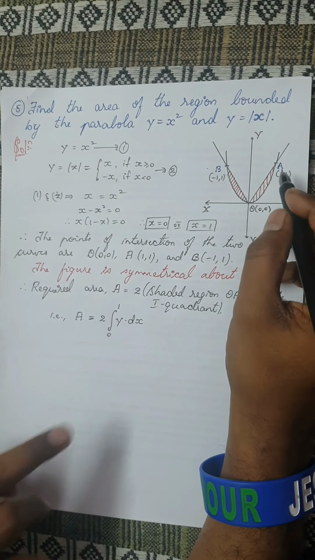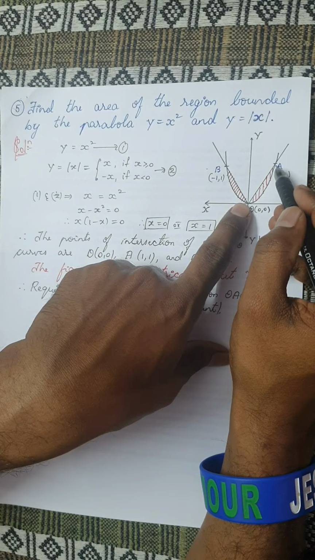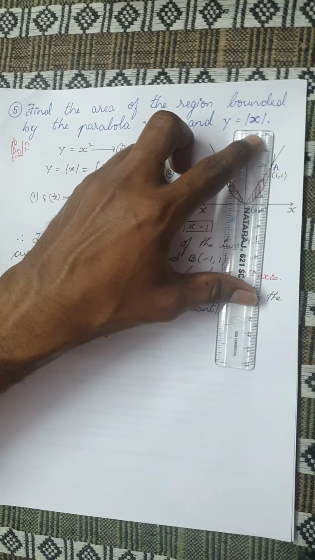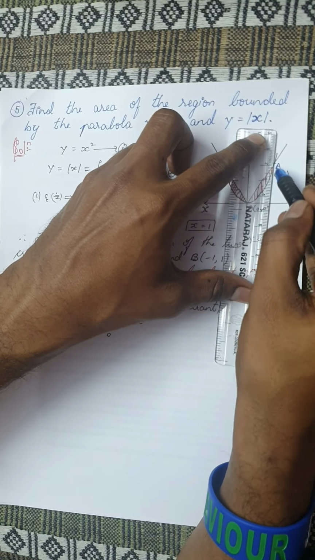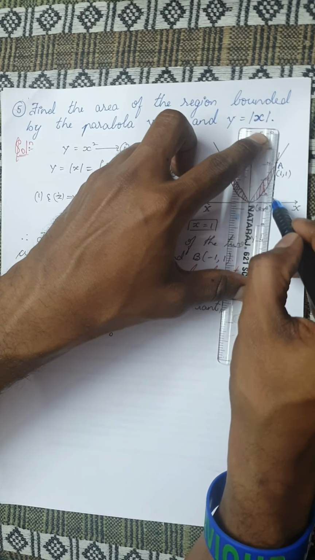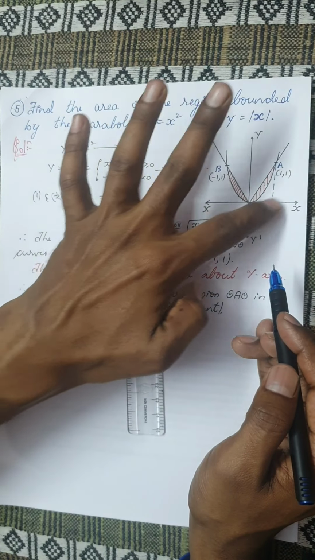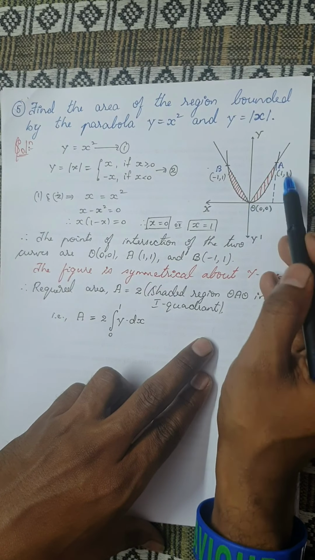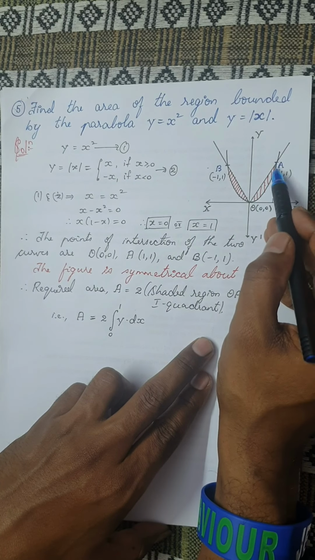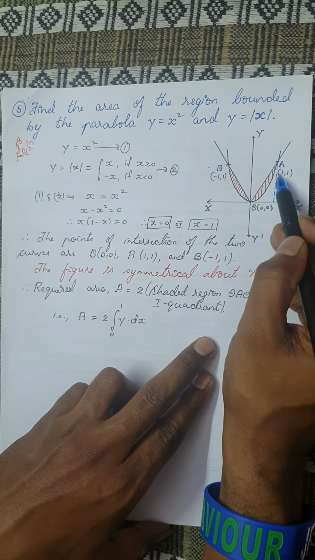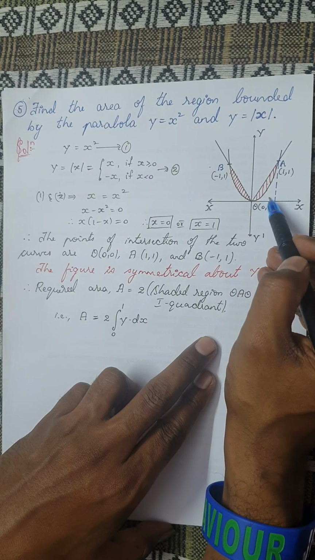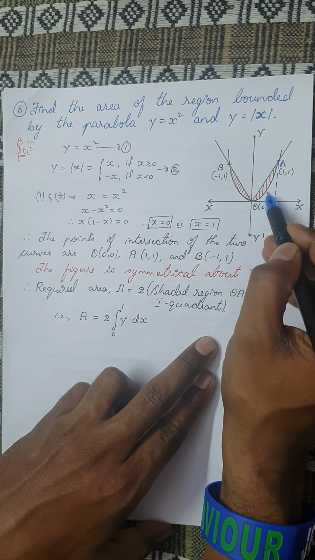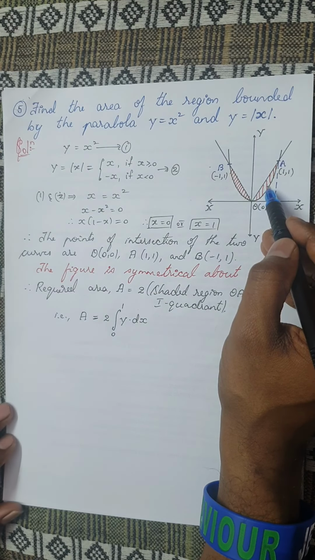So actually, if you take the area enclosed by the line y is equal to x, I will get this entire area, the area enclosed by this triangle. But actually, I don't want this entire area. I only want so much. So what I will do is take the area enclosed by the line minus the area enclosed by the parabola below. In this entire area of the triangle, if I take away this area, I will get my shaded region, the red part.